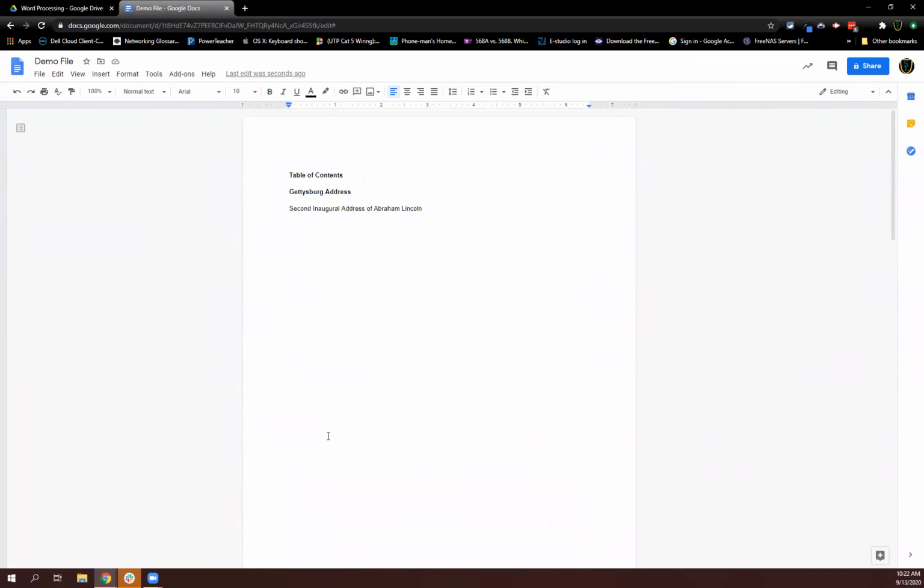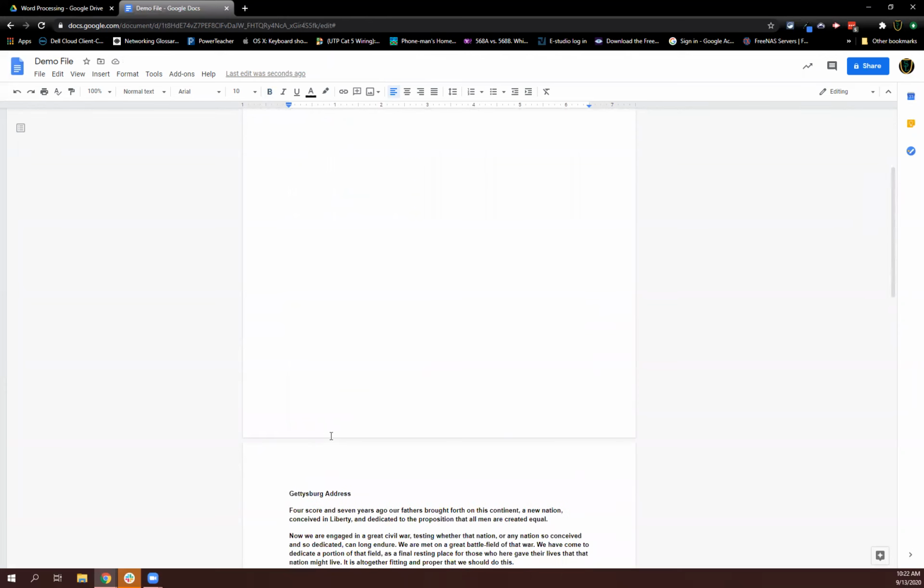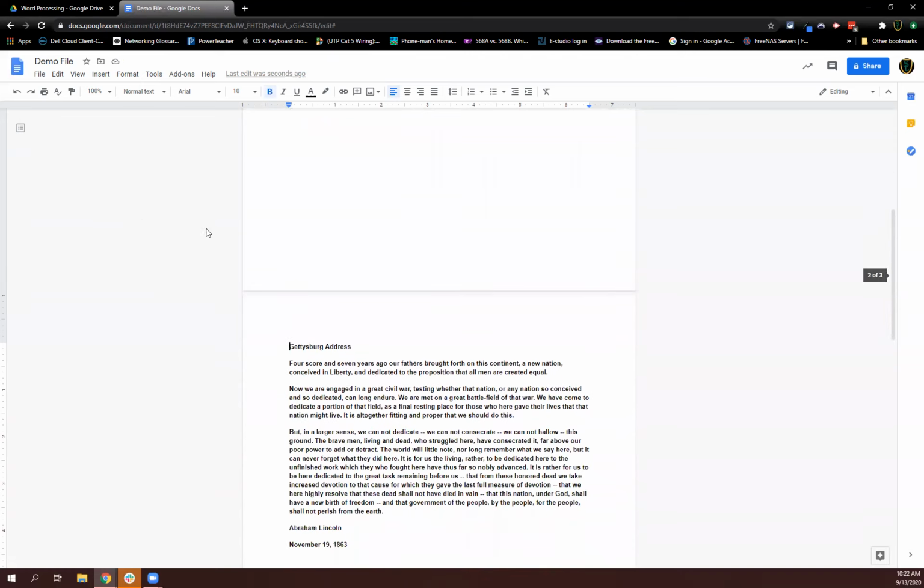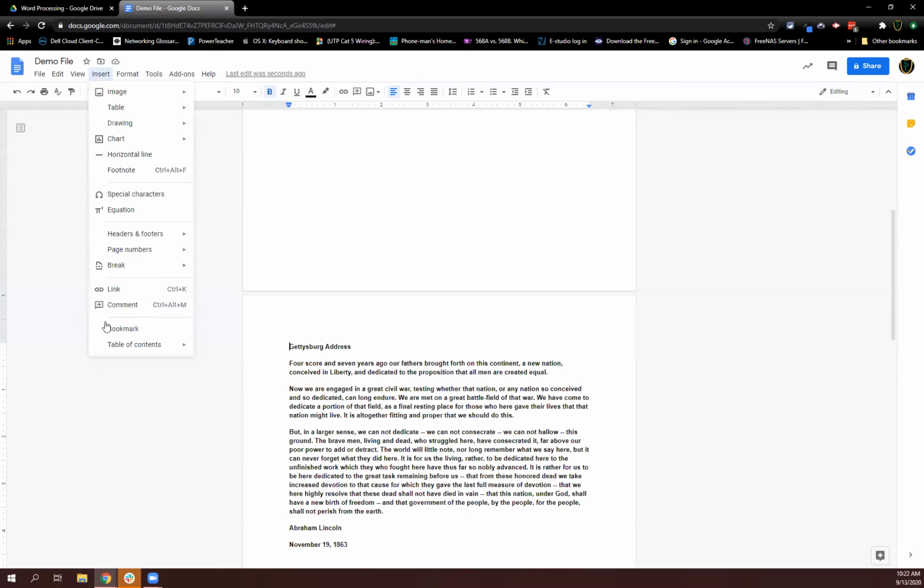The other thing that we're going to be taking a look at in this lesson is what we call bookmarks. And bookmarks are in pretty much all word processing programs now. They come in really handy though for creating tables of contents or just quick links in order to get to different items that you might want. The way that you get to bookmarks is you go again back to the insert menu, bookmark,